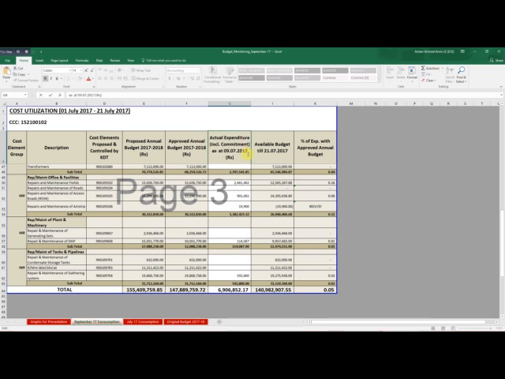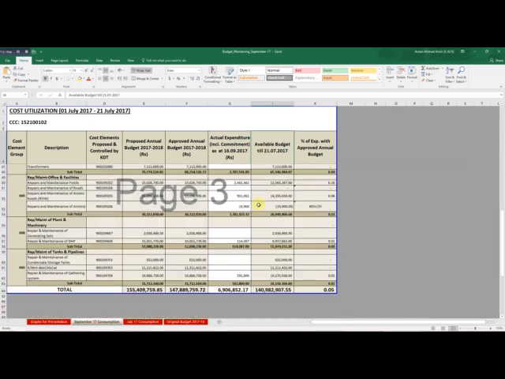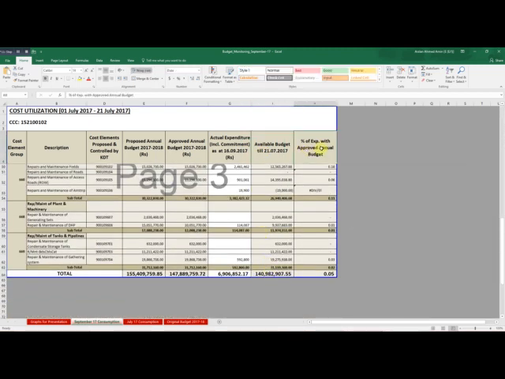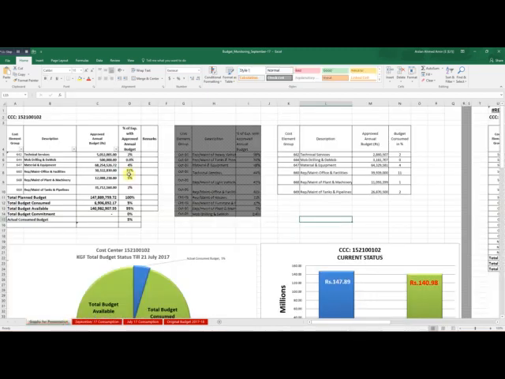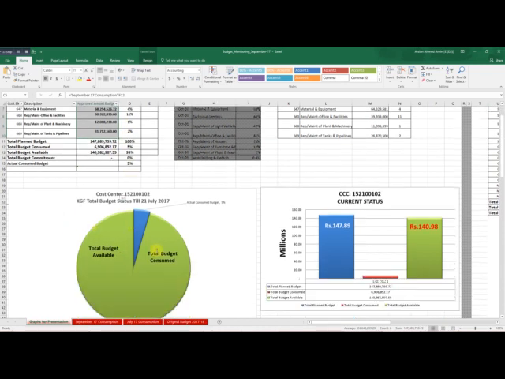This is the 16th, 2017, and this will calculate how much budget is remaining, and the percentage of budget expenditure will come here. Now these are the old values. I have to update these values, and I put these figures here. Here I can draw the chart showing how much budget is available and how much is consumed.